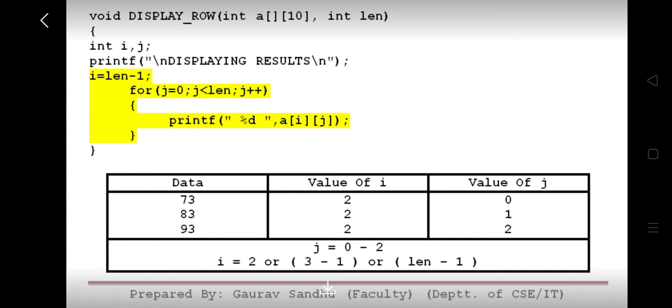And for j, a loop is required. The value of j is varying from 0 to less than 3, or 0 to less than len, because the value of len has been set to 3 for the example we were discussing, which is a 3 cross 3 matrix. But yes, this program code will run for a matrix whose size is greater than 3 by 3. In order to explain, the value of len is considered to be 3.